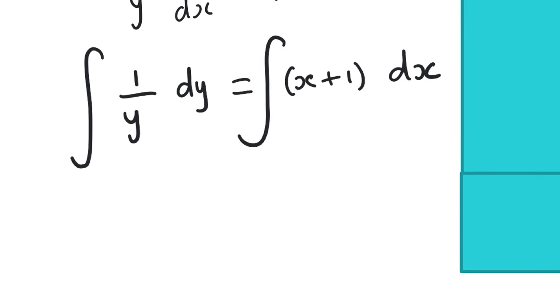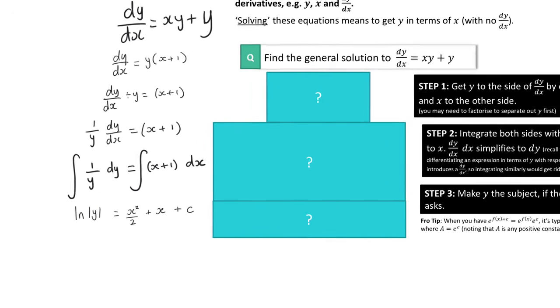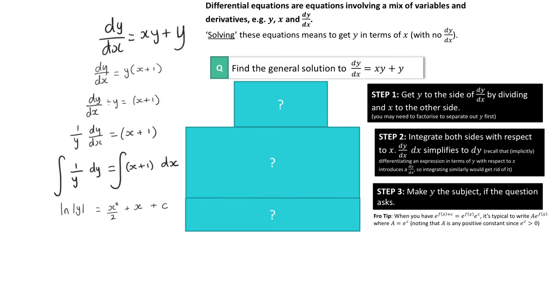So what's the integral of 1 over y? Ln of y. Equals, what's the integral of x? x squared over 2. What's the integral of 1? x. And then plus c. The y never disappeared. We integrated it. Of course. When we integrate, what normally happens? And then the final step is to rearrange it into the form